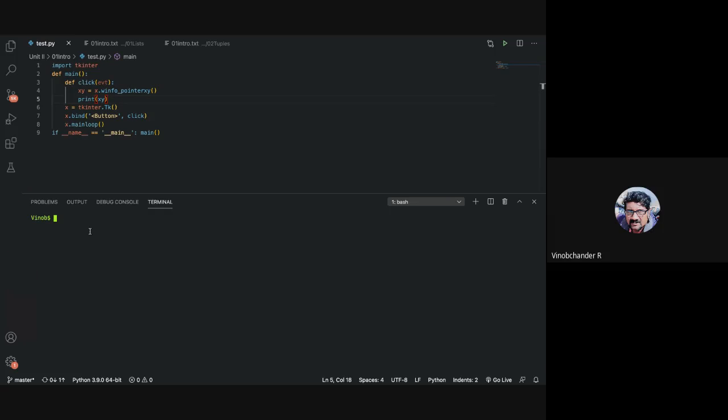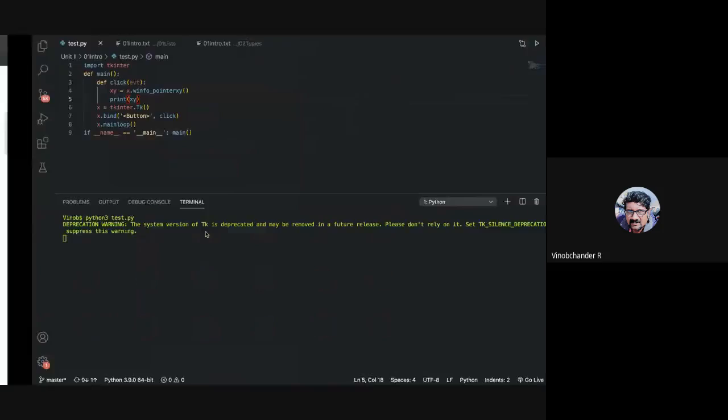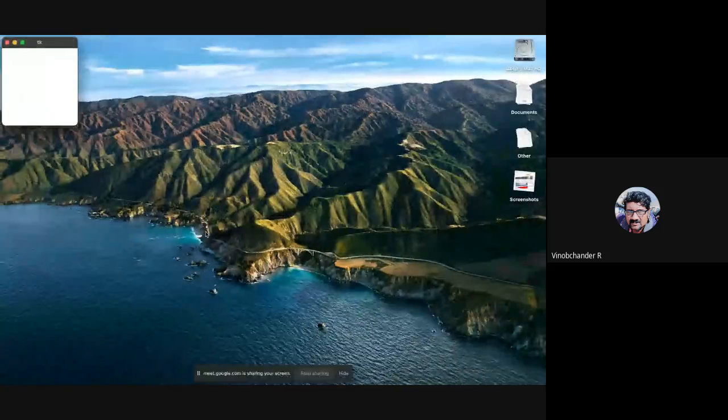All right. Now let us test our code and see what we get. It says system version of TK is deprecated and might be removed in a future release. Please don't rely on it. This is a warning. Let us see if a window has been created or not. Yeah, there is a window here.